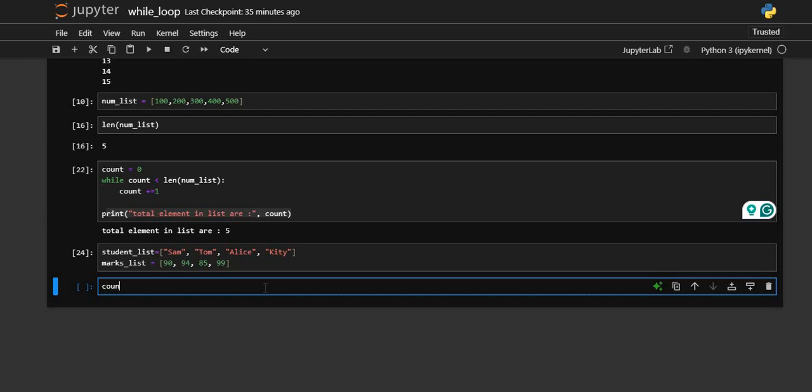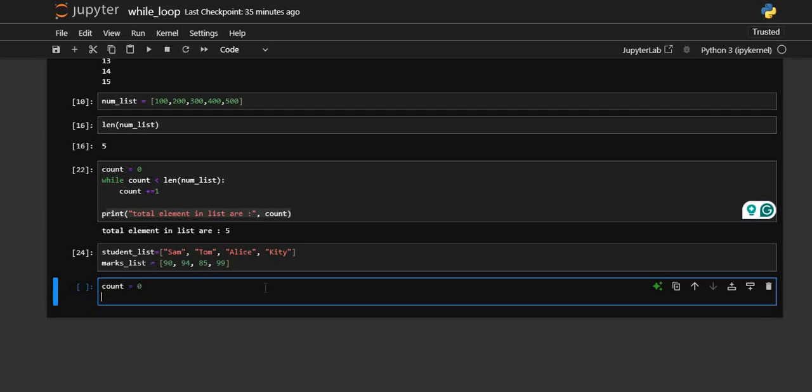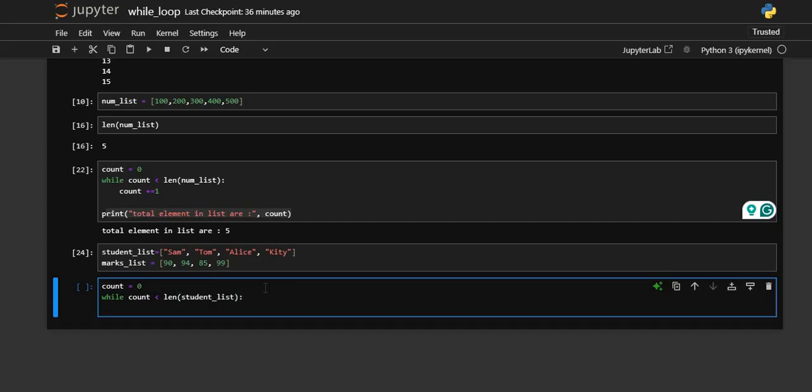Let's say I will again define that count equal to 0, okay? And this time I will say while count, and I am gonna print the length of, let's say, the student list. Same thing which we did in the last example, right? And now what it will do is it will gonna print,